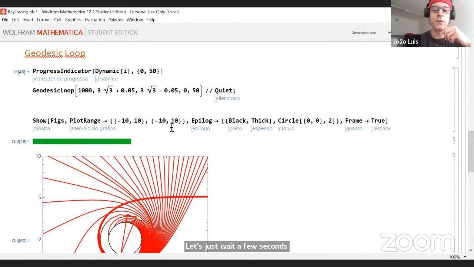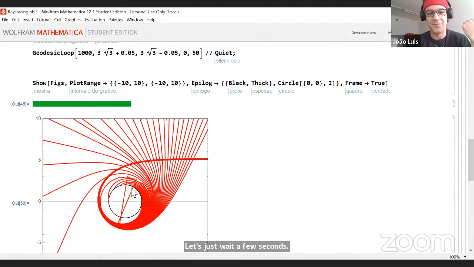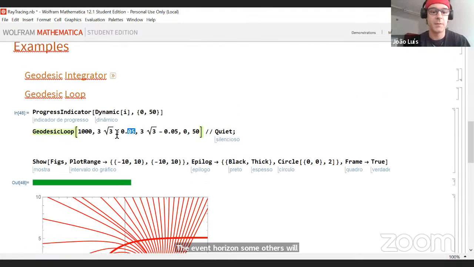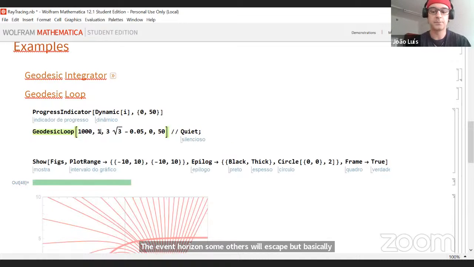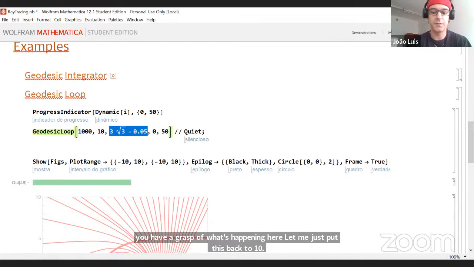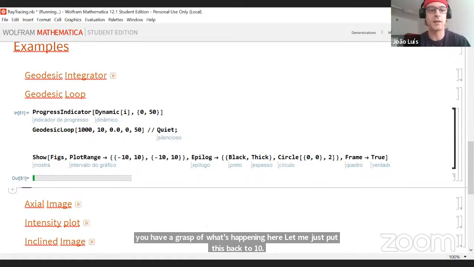And here we are. So for geodesics, there are some numerical points here that are falling a little away, but for geodesics closer to the critical impact parameter, we can see that some of them will fall inside the event horizon, some others will escape, but basically you have a grasp of what's happening here. So let me just put this back to 10 and this back to 0, and I'll let this run,